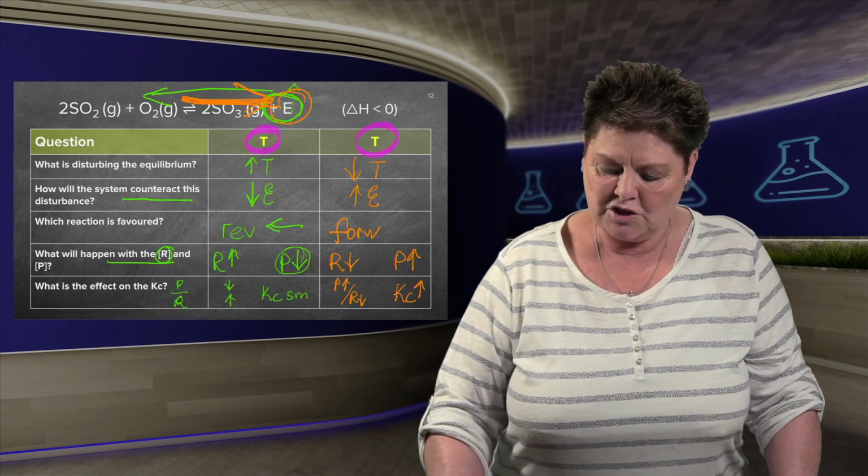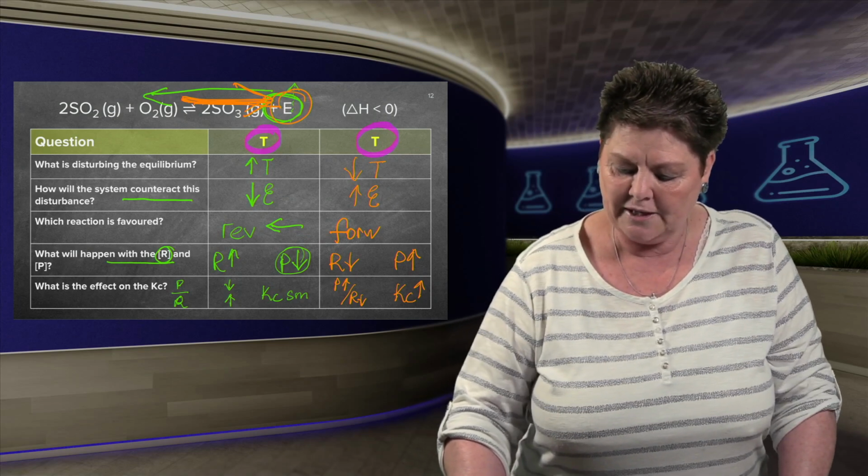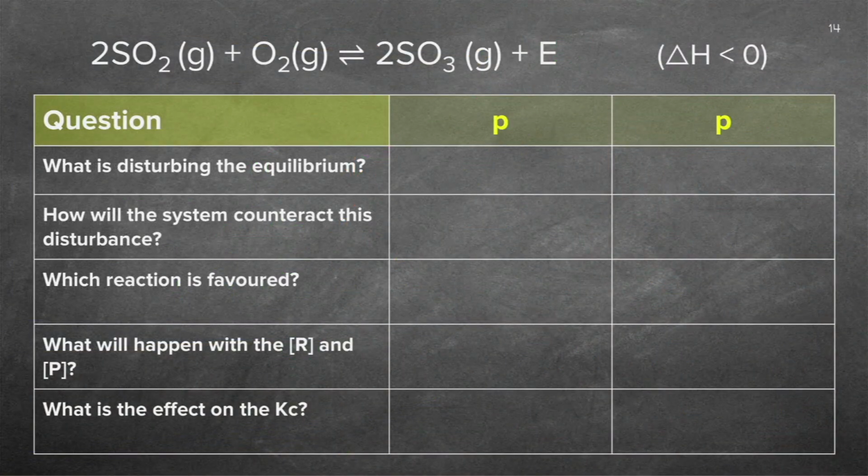We now did temperature. What's the last factor that we can change? It's actually the pressure. So, can you see I've got 2 gas molecules here and 1 gas molecule there. So I've got 1 and 2 on this side, and it becomes 2 when it moves the forward reaction. So I've got 3 in total, 2 plus 1, on that side, in relationship with 2. In actual fact, if it's equilibrium, I've got all of them in the same container.